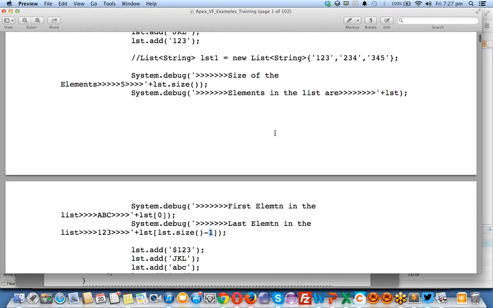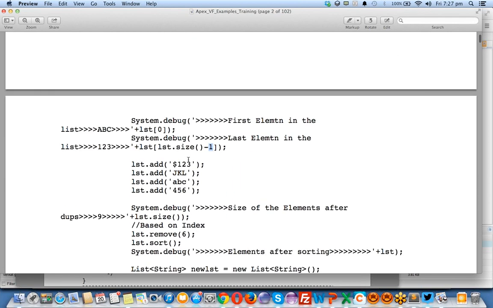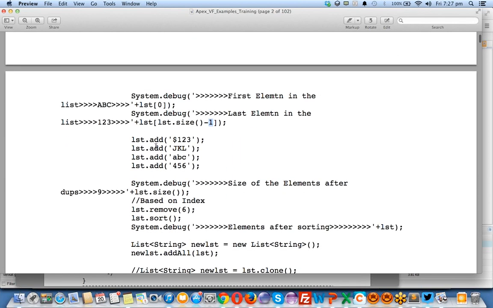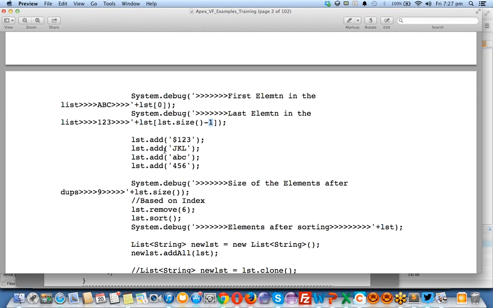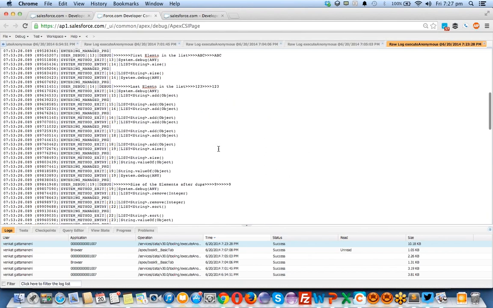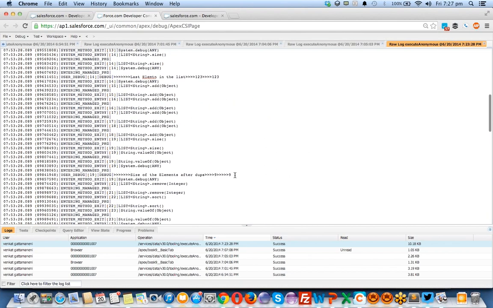Okay, this is how you're going to get the size of the list. You can print any value inside the list by putting the index value there. Okay, and I'm creating one more list called lst. I'm adding some values to the list. Okay, I add four more values to the same list. What happens now? The values will become 5 plus 4 equal to 9 values. Now check the size here. Now the size is 9. Okay, check here, it's 9.